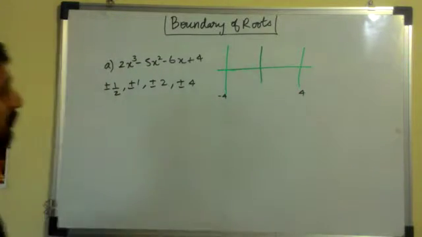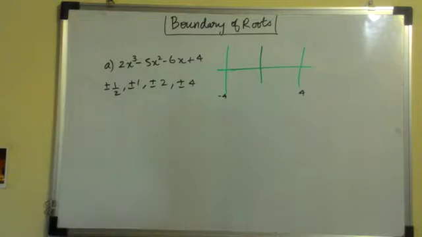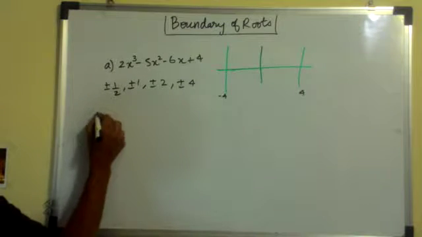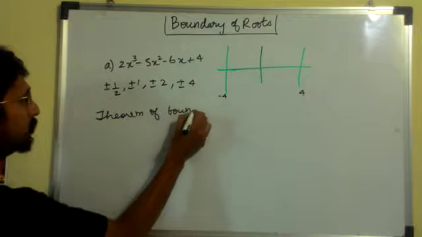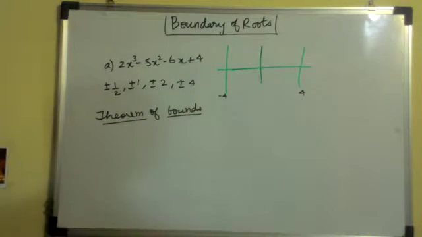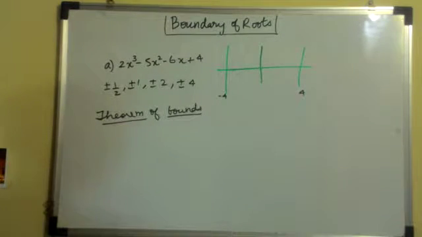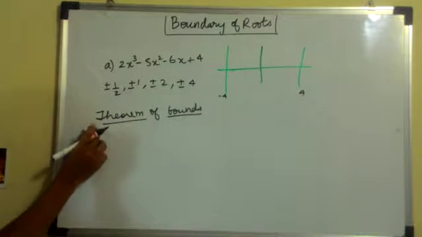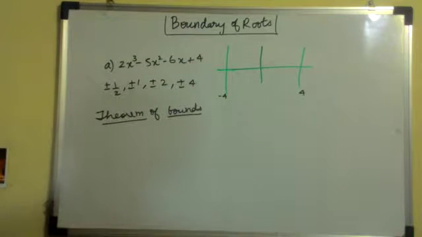But could I reduce this further? Could I shrink the number of possibilities? So this is given by a theorem called Theorem of Bounds. Now, for this I urge you to know what synthetic division is. If you don't know, I urge you to look at any other video that teaches you that. Alright, so Theorem of Bounds says that if you divide this function and you perform a synthetic division